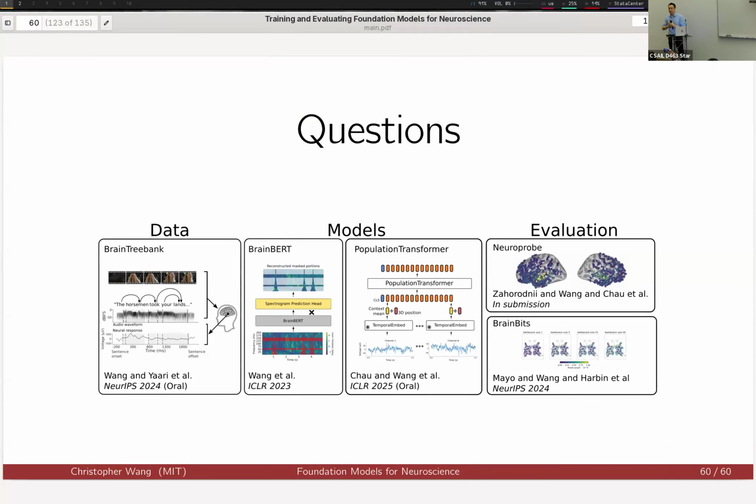Could you explain exactly what ROC AUC is when you're talking about the linear probe? It is the area under the receiver operating characteristic curve. When we do the classification, we actually don't set a threshold for what's considered the positive or negative class. We can vary the threshold and look at the balance of true positives and false positives across many thresholds, aggregate them together, and that's like the average accuracy across many possible thresholds.